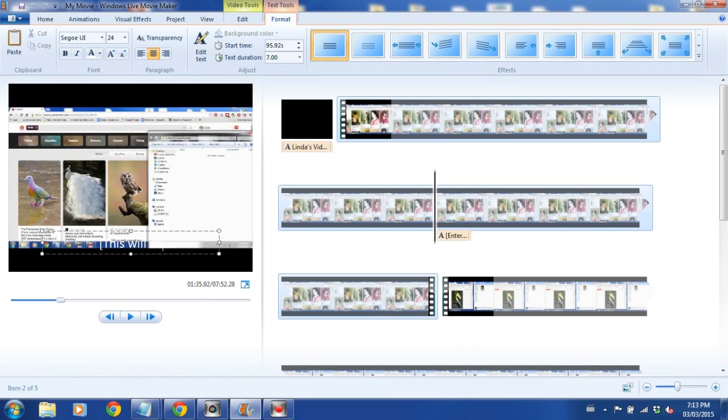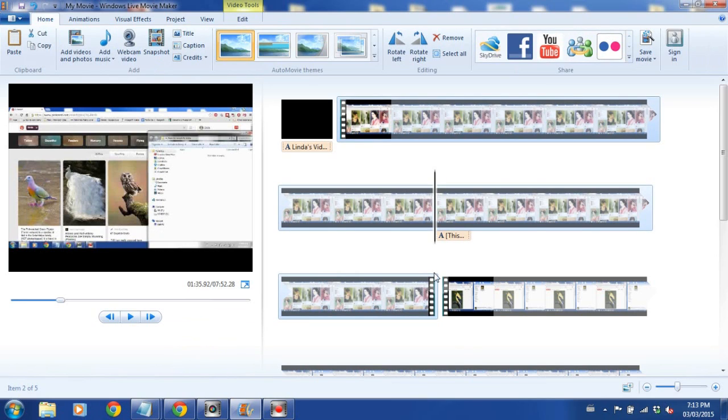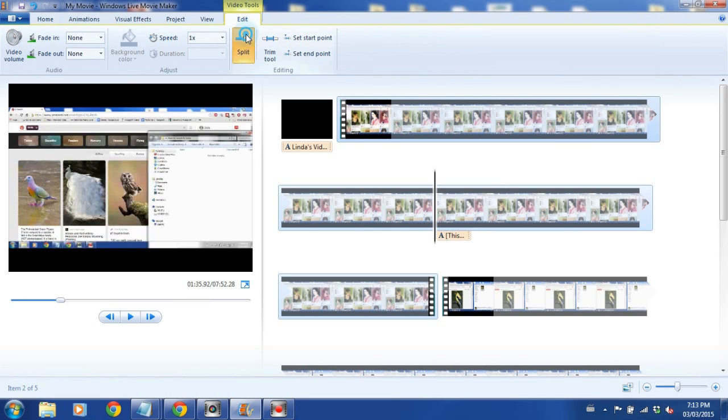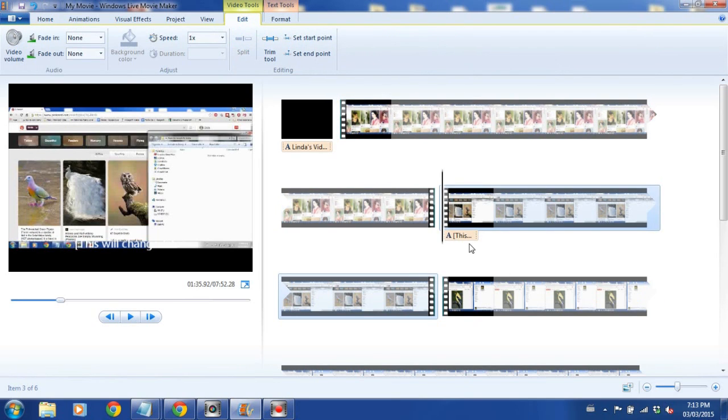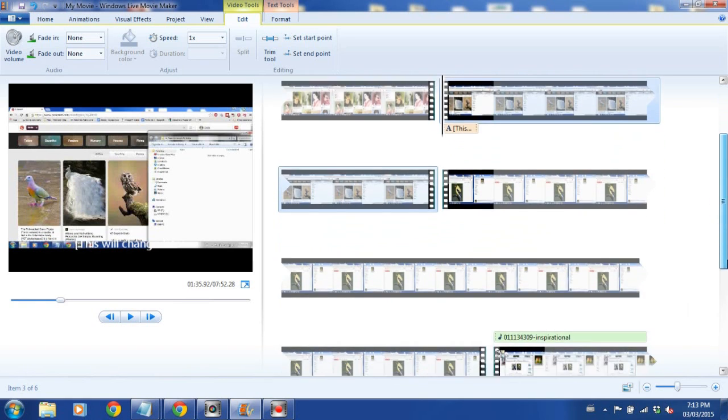This will change later. And that's there. However, when I do a caption, I like to split it, just because I do. Then you can find it easier. You can't really move your caption somewhere else once you've put it in. It just stays.